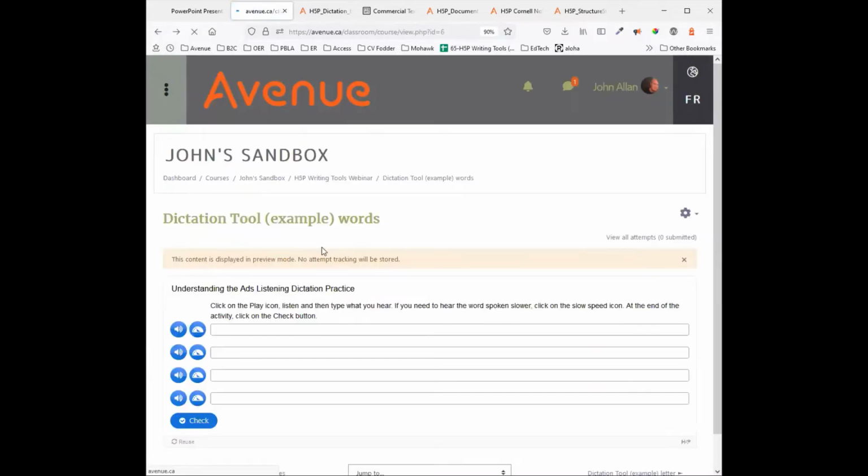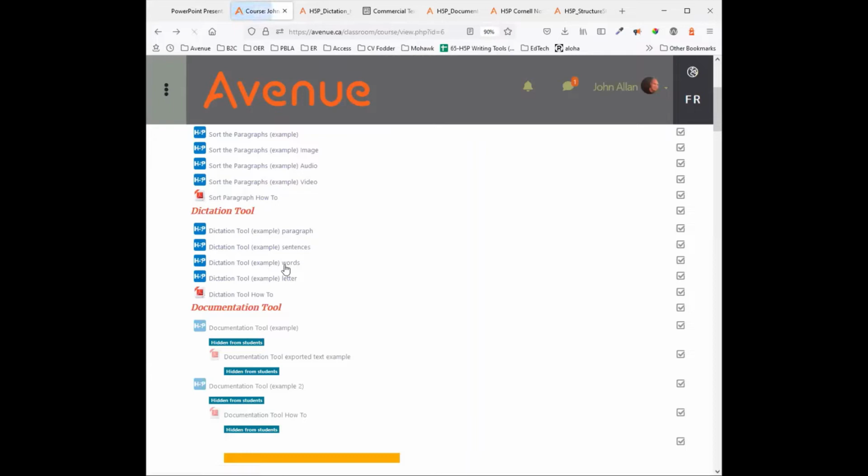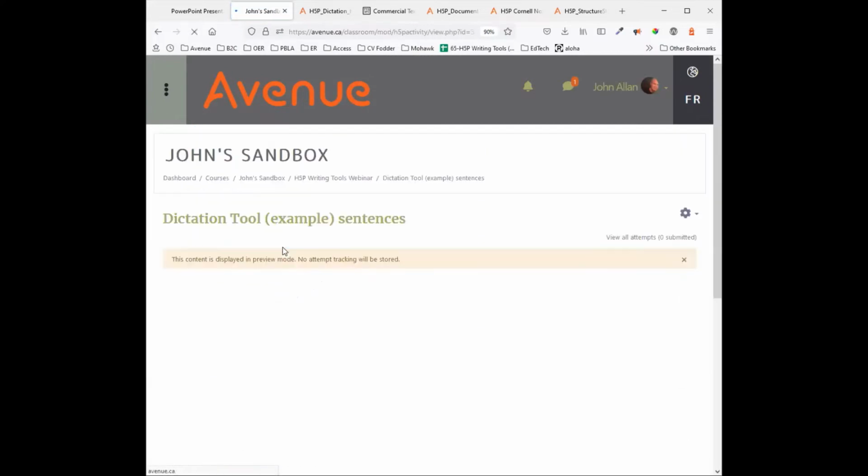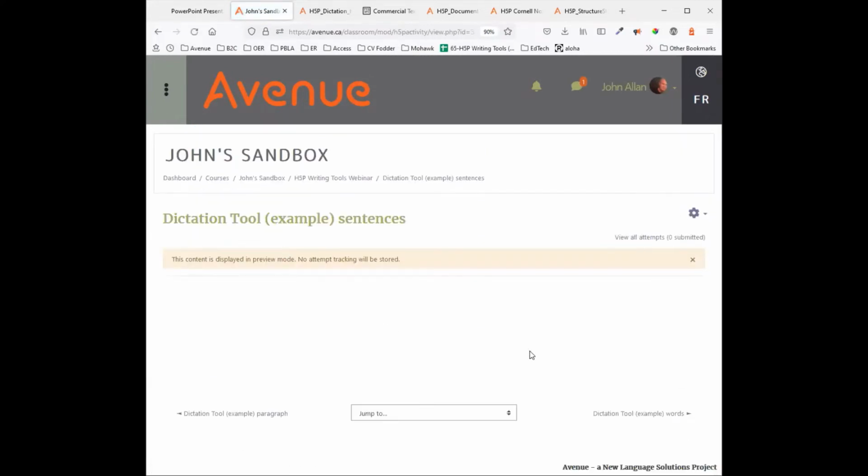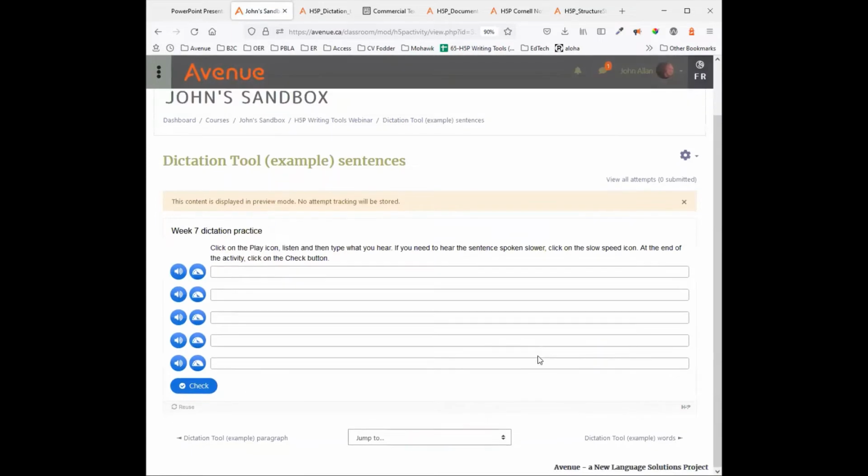I'm going to hit the sentences. So I'm going to do dictation tool, example, sentences. This is pretty straightforward, pretty simple. The cool thing is that you can set a normal speed and a slow speed. You can even have a fast speed and a normal speed. It's up to you. You have two options here. So you have the title of the activity, then you have the instructions for the students, and here you hear